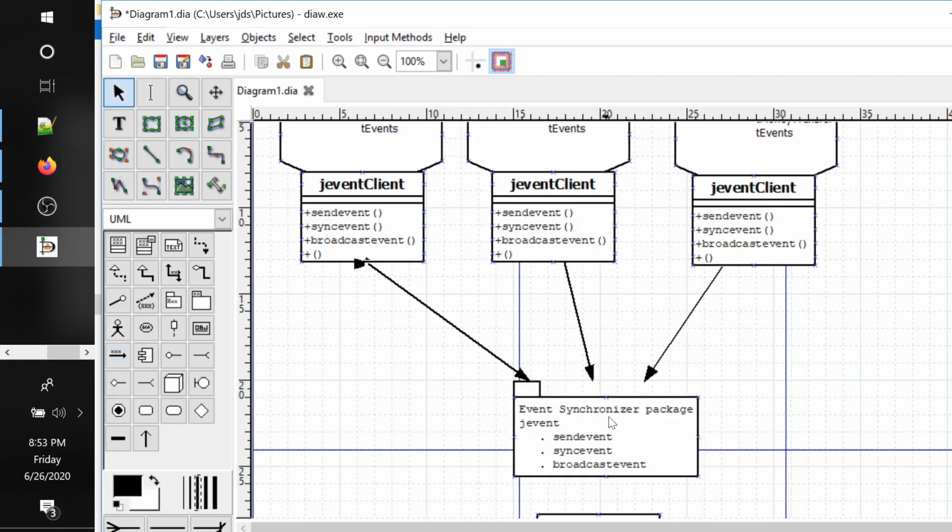and in the same way this fellow is broadcasting to everyone, right? So let us show that also. If the other two are sending the event, it will be broadcasted to customer. In this case only the customer is sending the event, so we are broadcasting to account, but it should broadcast to account as well as money transfer.